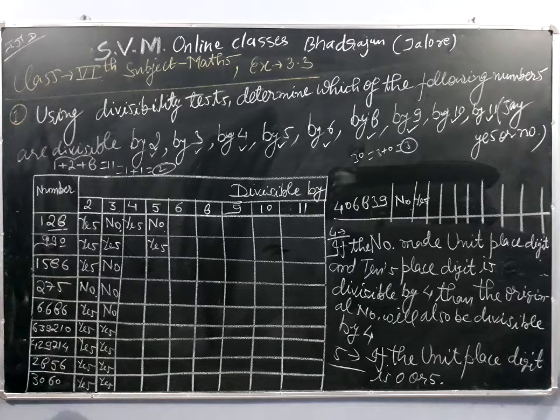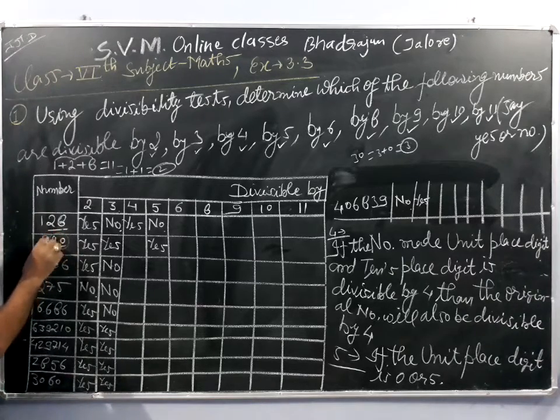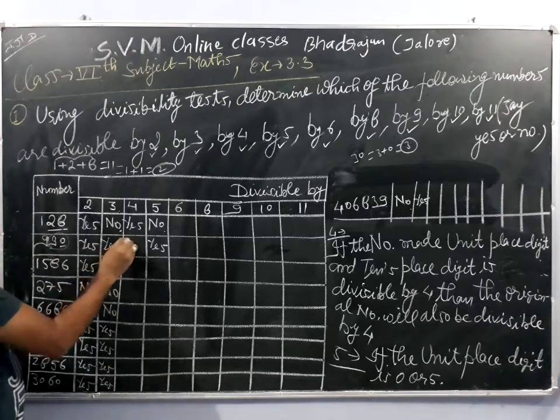Here, if we divide 90 by 4, 4 times 8 is 32 and it will leave 1, and this will give us 10, and 10 is not divisible by 4. Hence 90 is not divisible by 4. If 90 is not divisible by 4, then the complete number 990 will also not be divisible by 4. Hence our response is no.